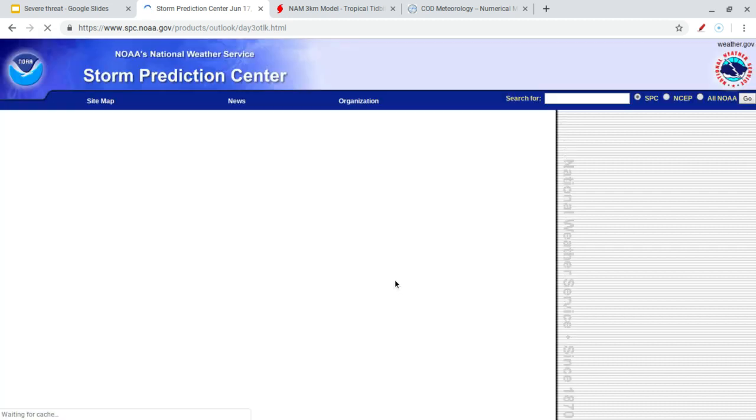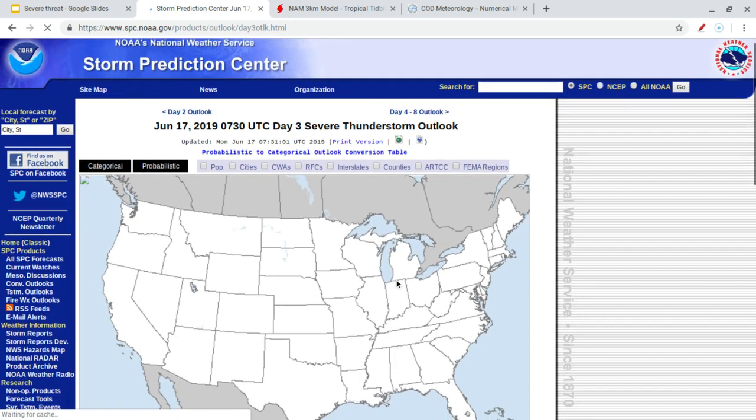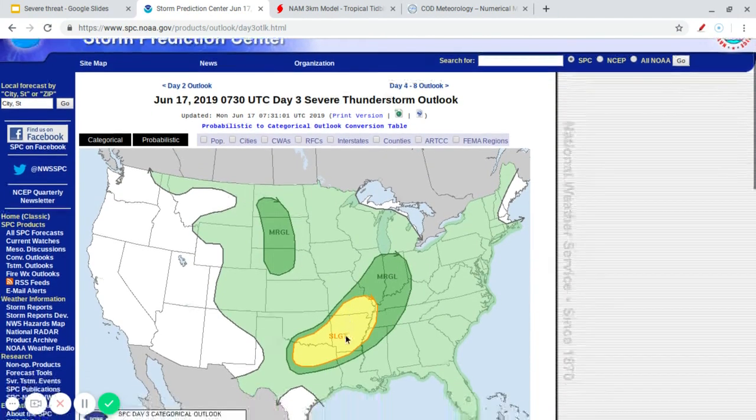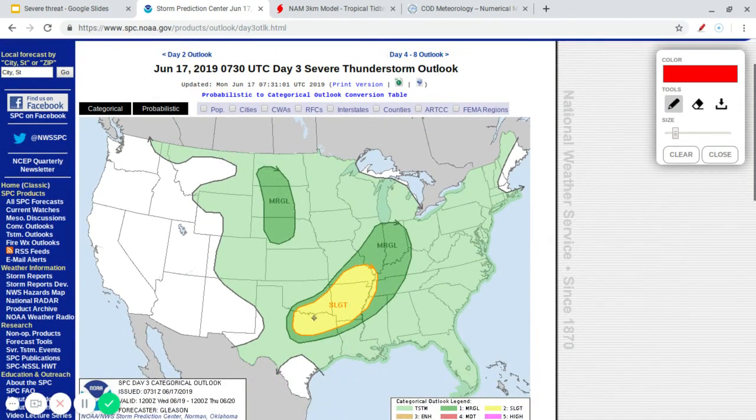Then for day 3, which is Wednesday, which I would probably put maybe a small enhanced area probably in this area, or maybe somewhere else. Not a very large enhanced risk, because I don't think it's looking too convincing yet, but there is a larger tornado threat, or a better tornado threat, I think, on Wednesday.